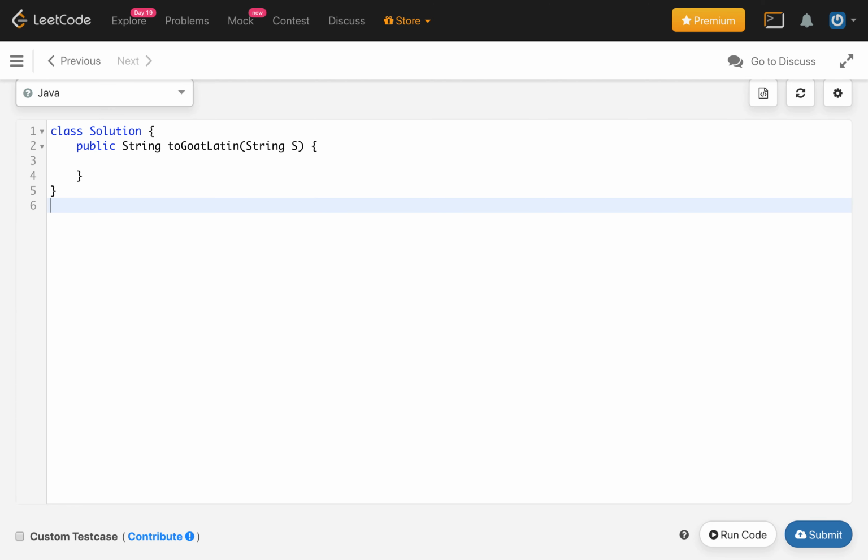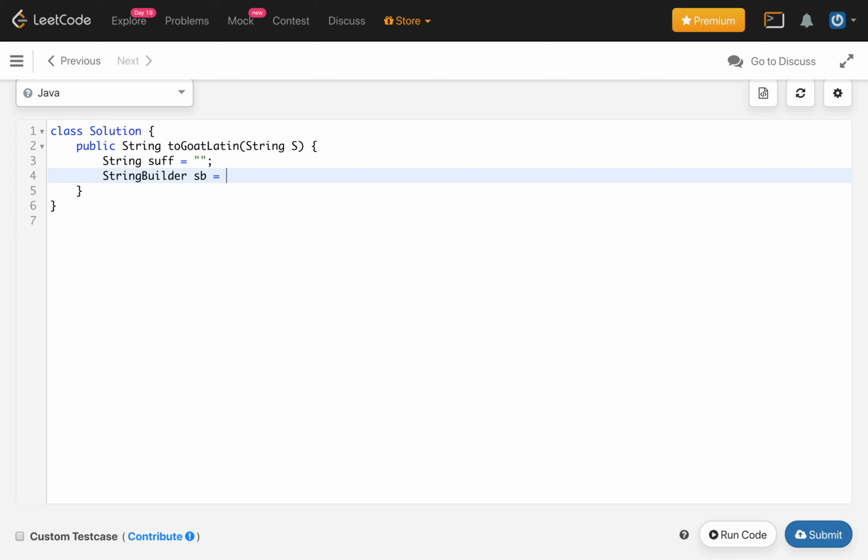First of all, we will keep track of the suffix, which is the count of a. So we will create a string, let's call it suffix, which is initialized with an empty string. Now we will create another variable, a StringBuilder, where we will build our result string.